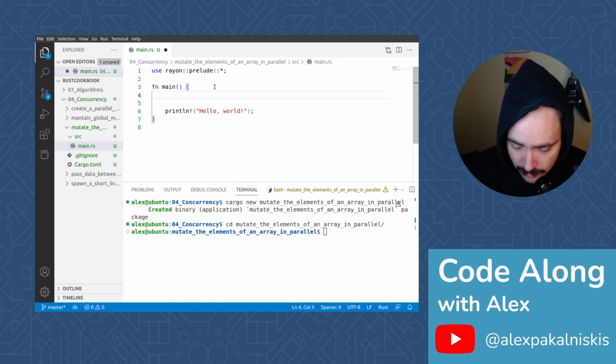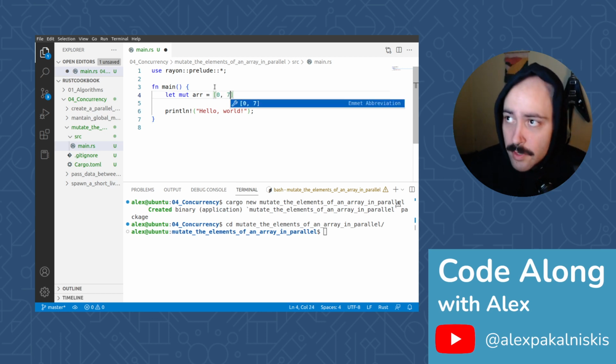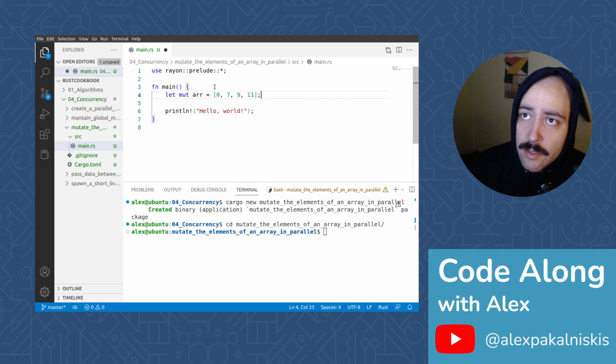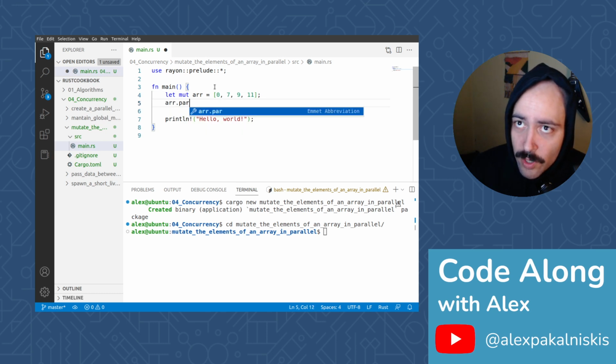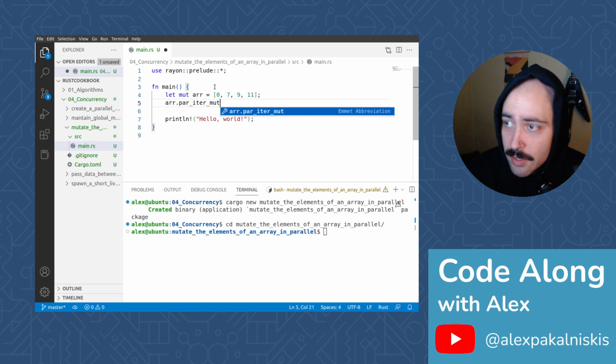Now let's update our main function body, add a couple new lines. So to start, let's bind an array of integers, and we'll make it mutable. So let mut arr = [0, 7, 9, 11]. Next, let's do arr.par_iter_mut(), and that's the method that's described in the blurb that I read earlier for parallel iterable